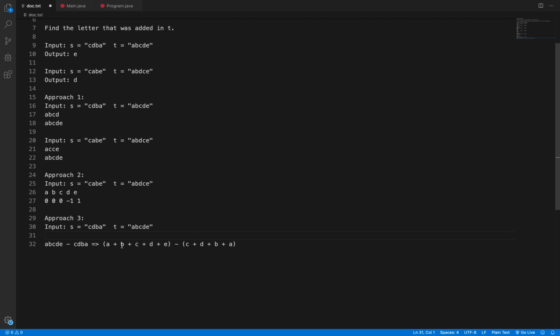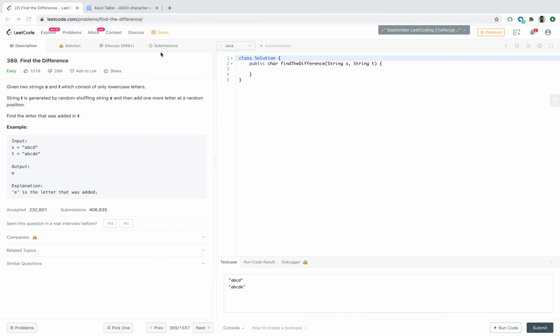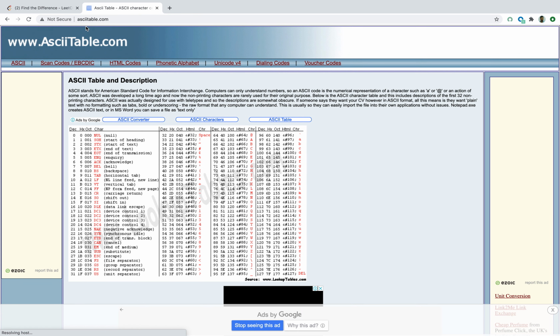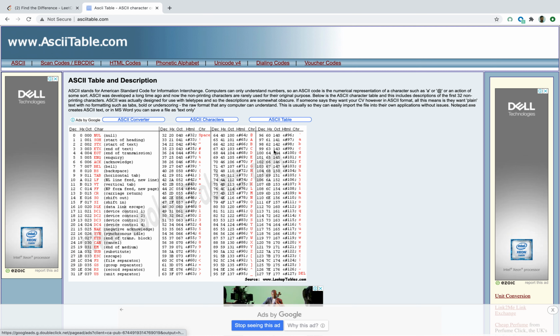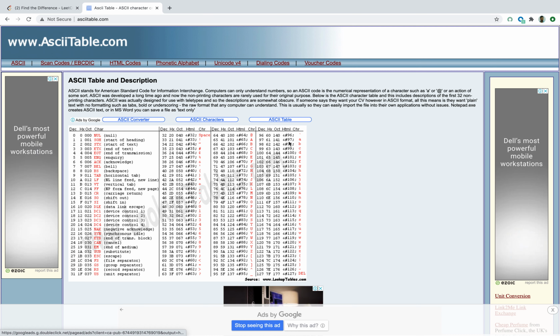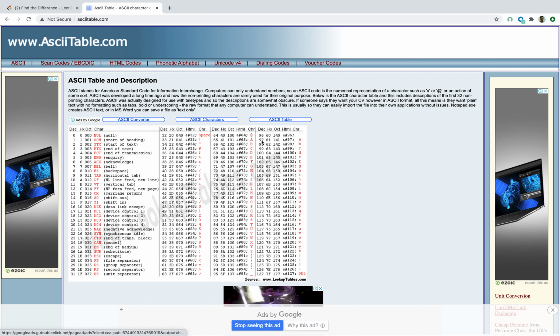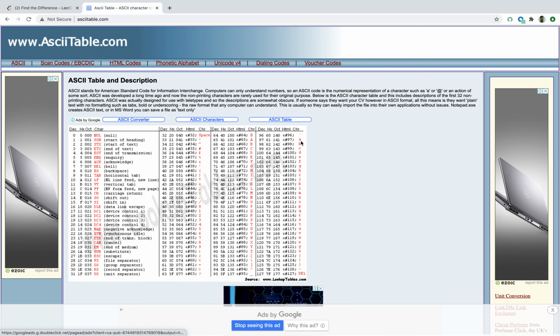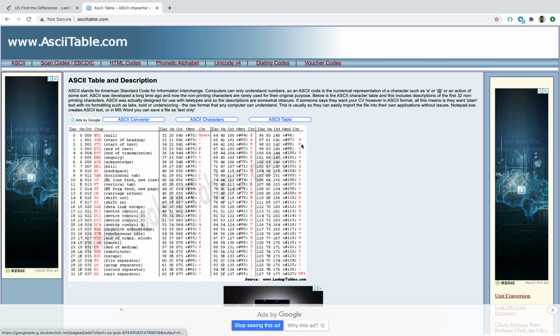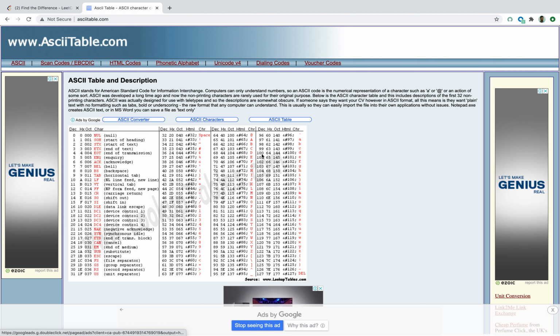Internally, characters are represented as integers in the computer. Each character has some ASCII value. If you go over to ASCIItable.com, you will get the ASCII value of each character. For lowercase a, the ASCII value is 97, and for lowercase b it's 98, and so on.